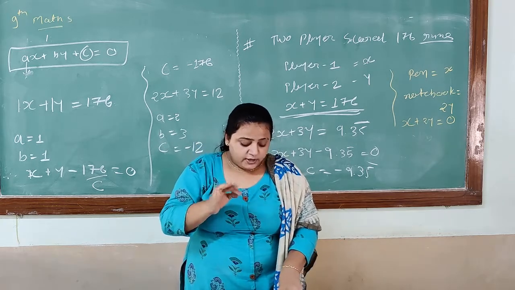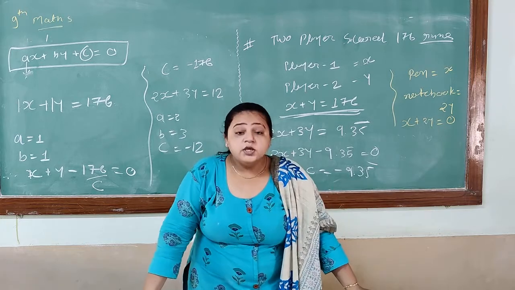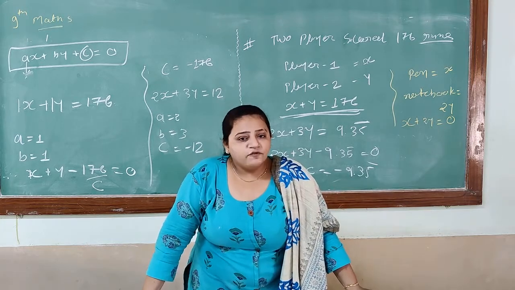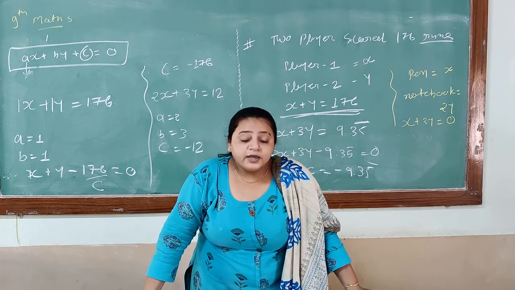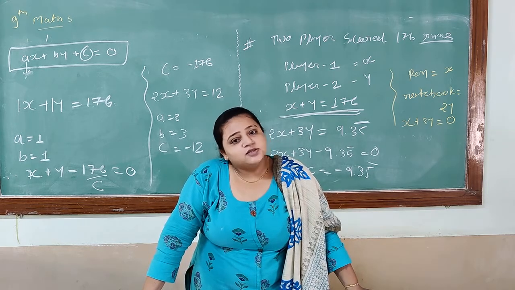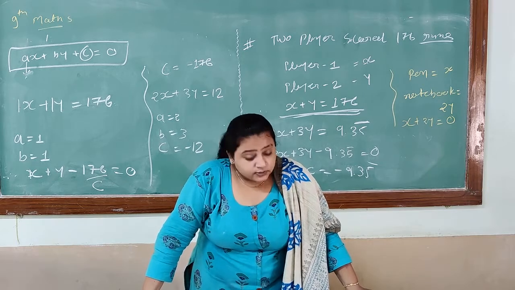So question 1 and 2 both finished over here. So exercise 4.1 will be in your homework. You have to finish with the theory, with the board and exercise also, extra sums also, right? Thank you everyone.